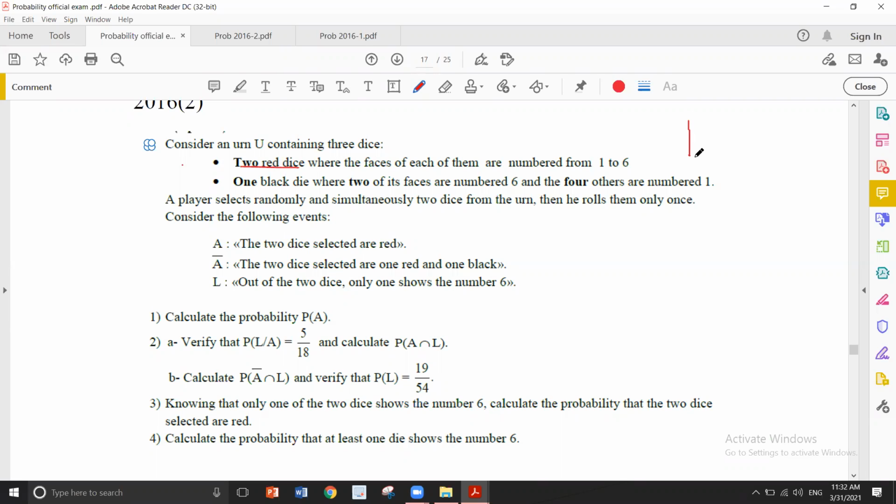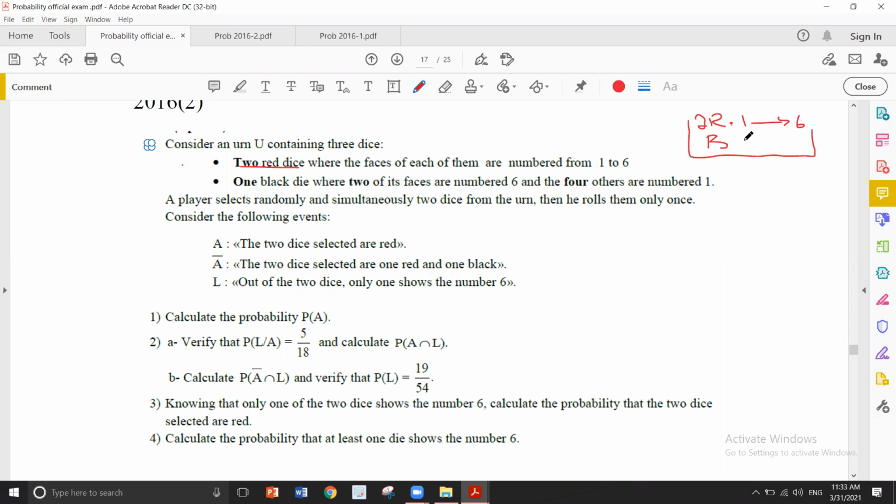And one black die, where two of its faces are numbered 6